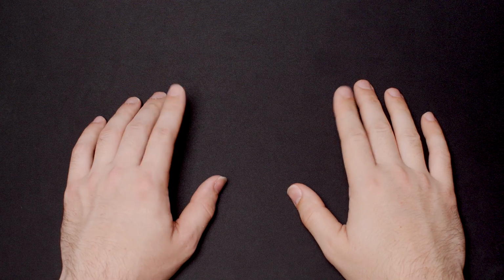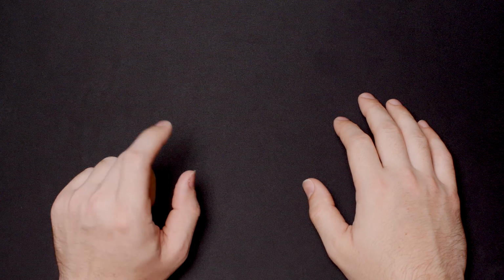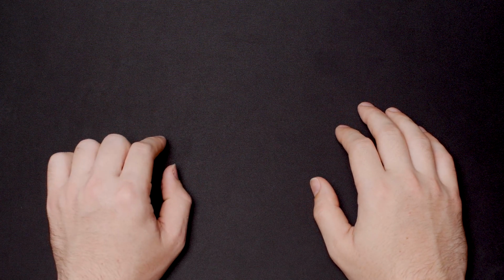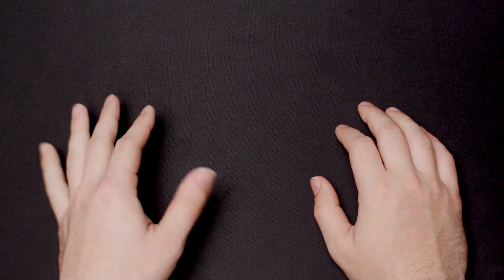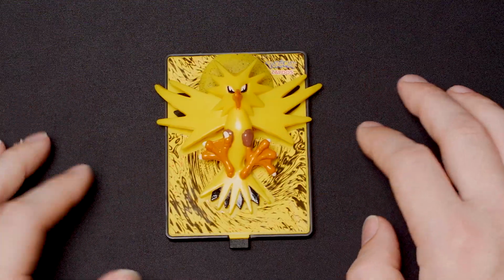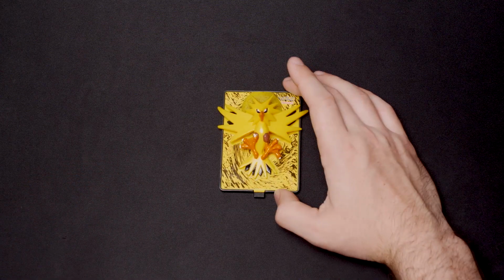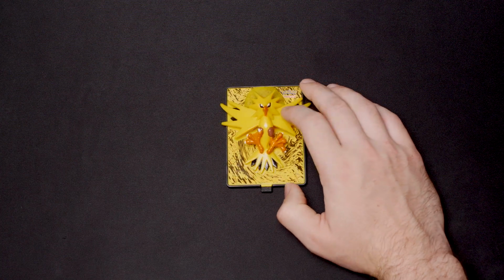Hey there guys, trying something a little bit new today. So the other day I bought something on eBay, and with it, the seller included a 1999 Burger King Pokemon toy. It was one of the blind bag ones, and it was Zapdos. And I thought that was kind of nostalgic for me. It's been a while since I've seen one of these, and I don't think I ever owned this particular one